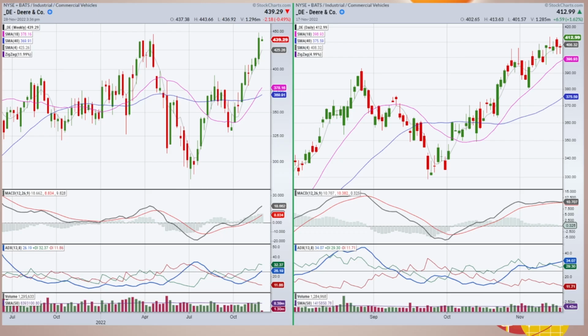So I've got the chart of Deere up, and I've got a weekly chart on the left and a daily chart on the right. Now, when you look at this, it looks like a kind of a sloppy mess, especially when you look at it in relationship to what's taking place on the weekly chart. But I can see that the price made a move to the downside. It tried to break out, and then it made a move to the downside, and then made a really strong move off the low, and then pulled back and tried to hold the area of the 18,